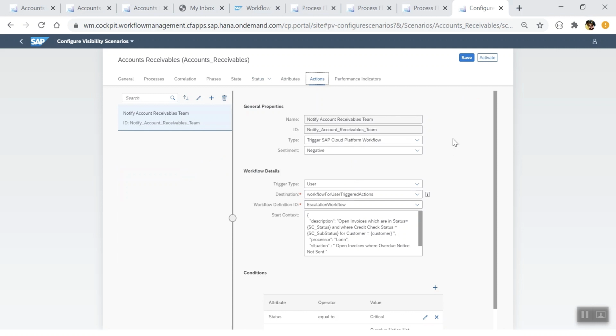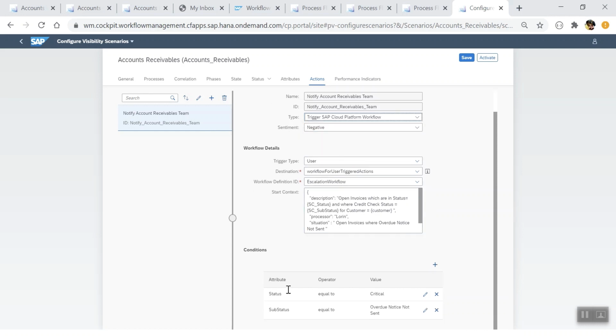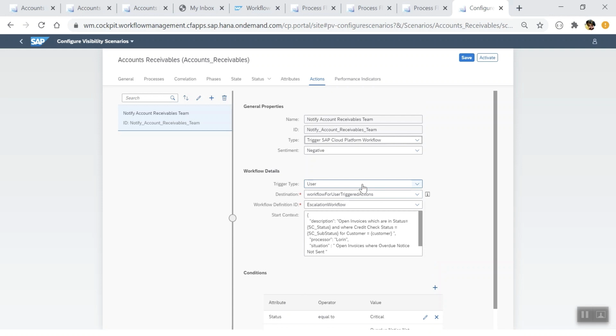So basically, the user can choose between triggering an SAP cloud platform workflow or navigating to any application. He can do the necessary settings, set the filter conditions on which the action should display, and so on.